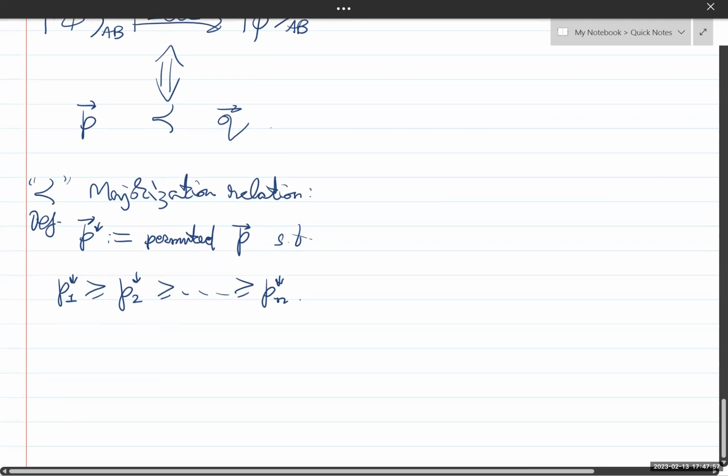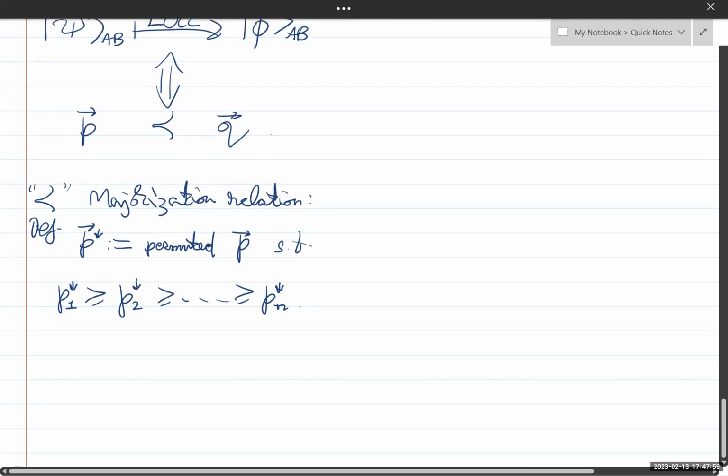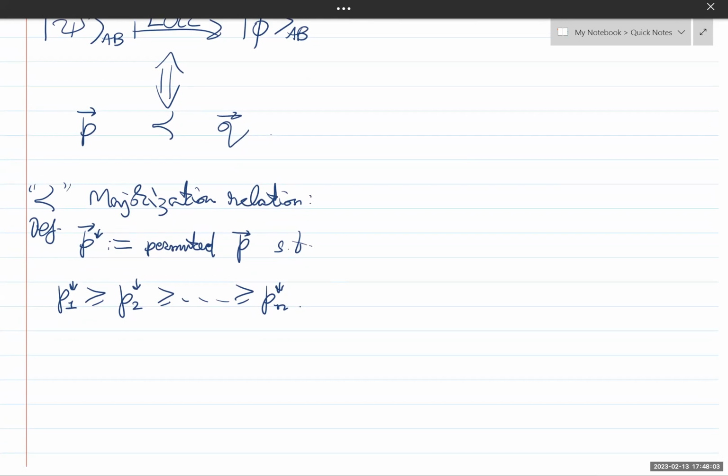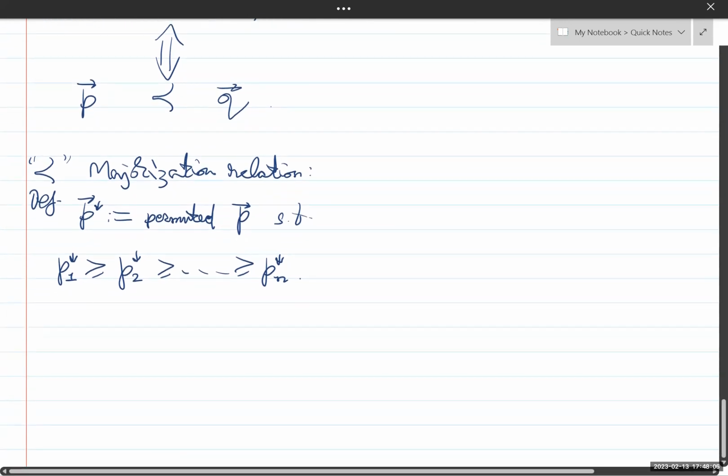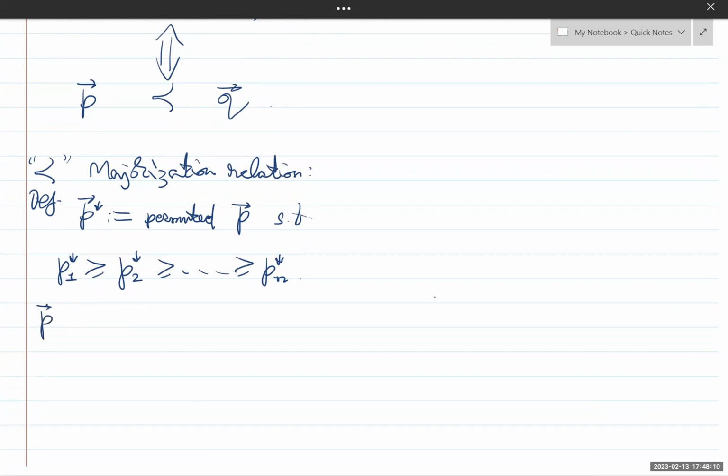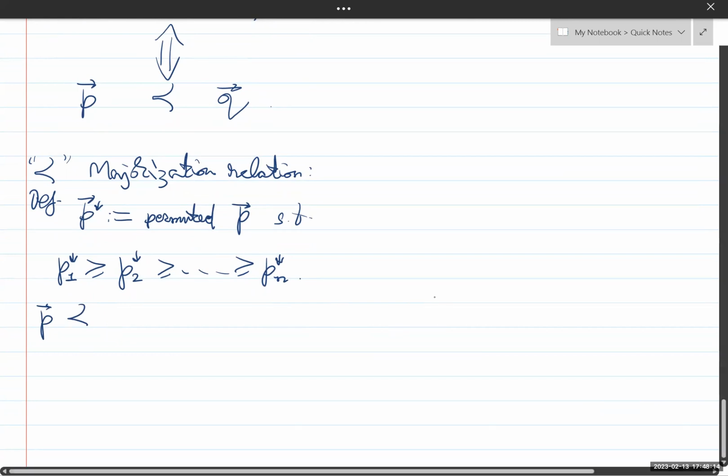So you've rearranged the components of P in non-increasing order. And so then P is majorized by Q